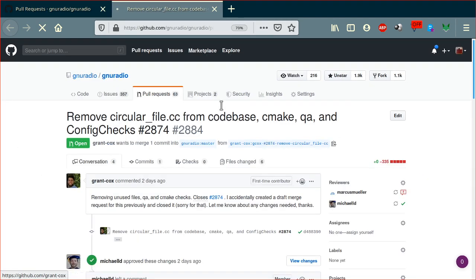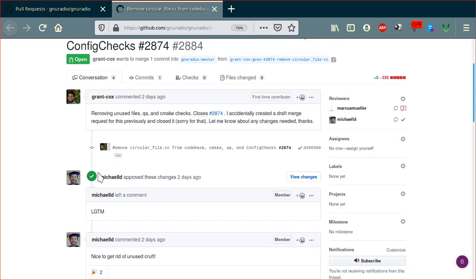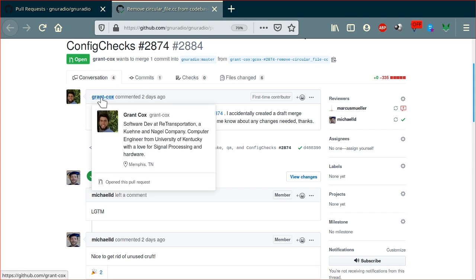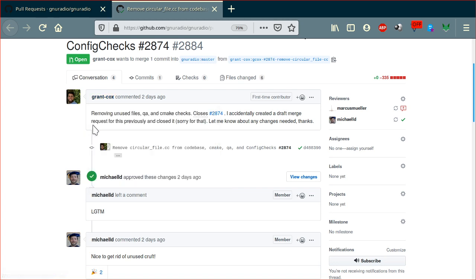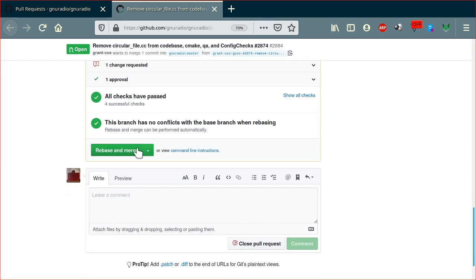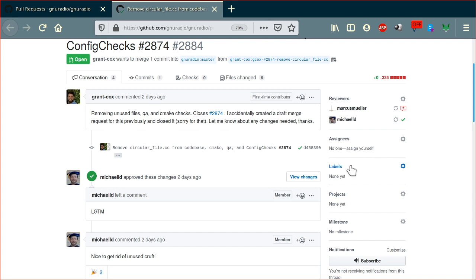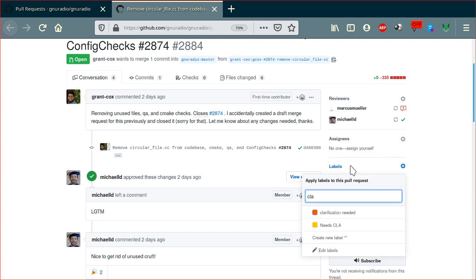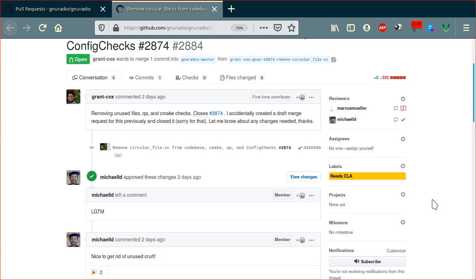Okay, so we have a pull request from Grant Cox. This is already a problem because I don't have a list of people here of who has CLAs executed. I'm not entirely sure if this is one of those cases. We have Grant Cox, after that, the retransportation. That all sounds lovely, except I don't know if he has a CLA. So I'm just going to add a label here, CLA needed, to make sure that we